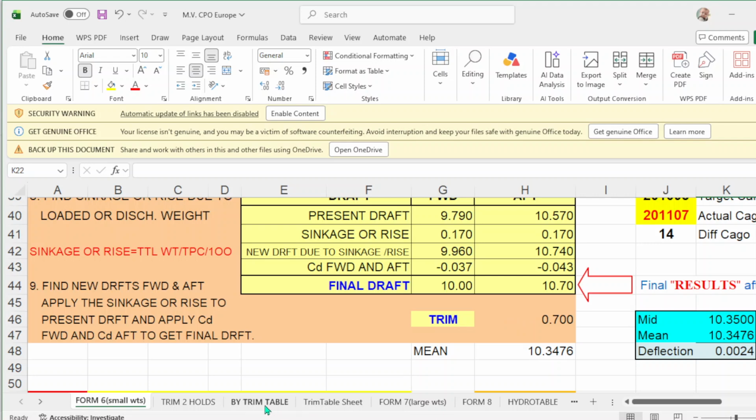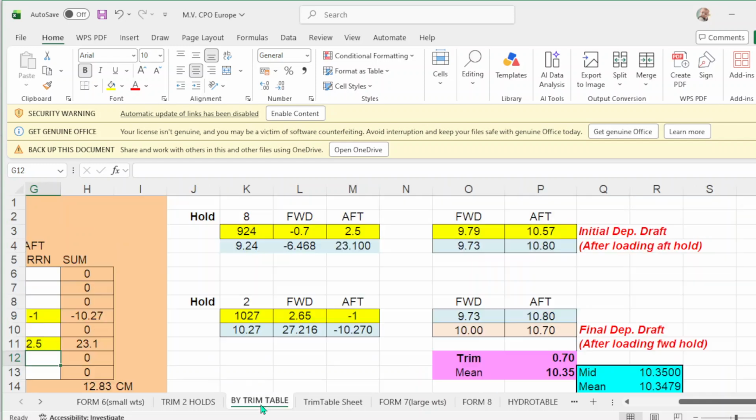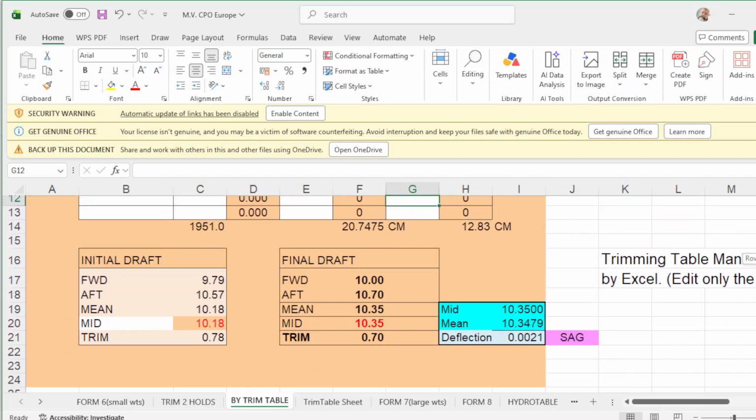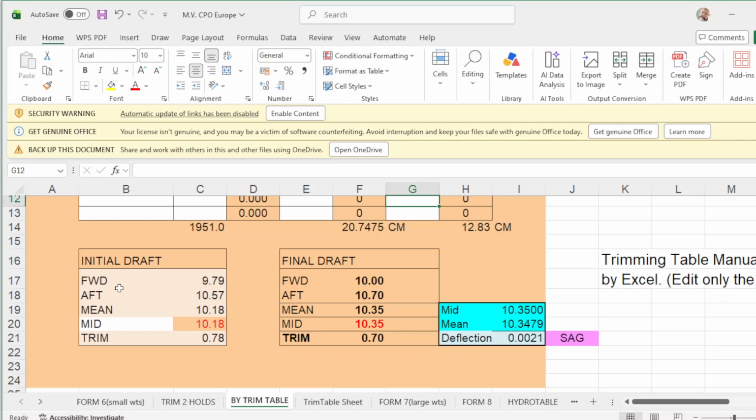Then we go to the trim table. Take note of the initial drop: forward is 9.79, up drop is 10.47, your mean drop is 10.18, your mid is 10.18, so you have a trim of 78, initial drop here.